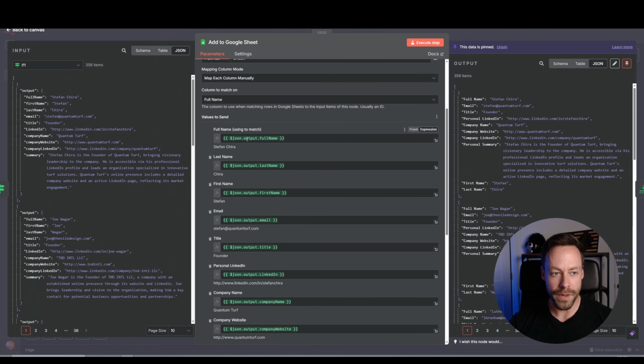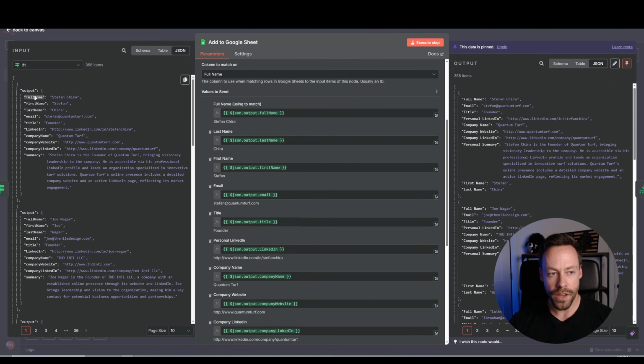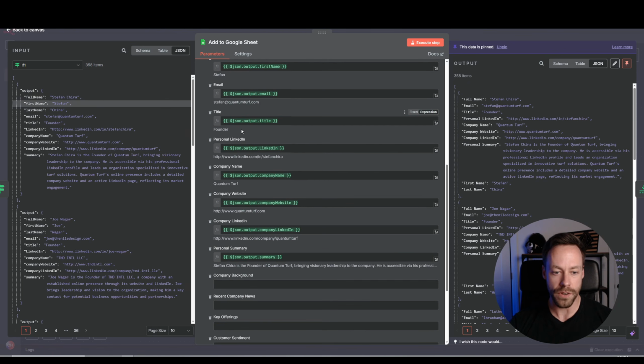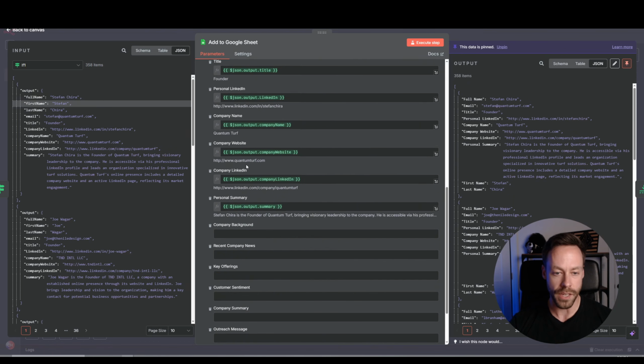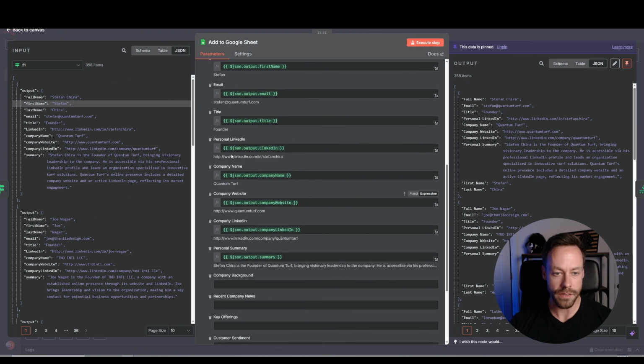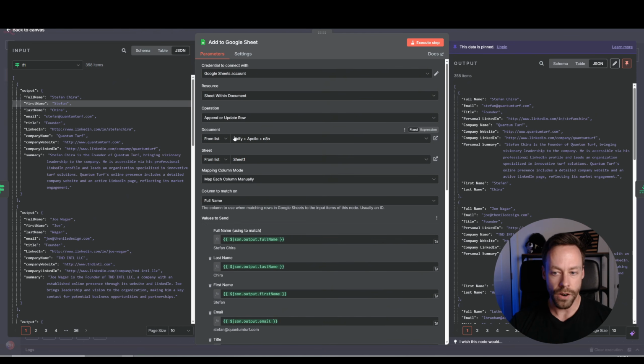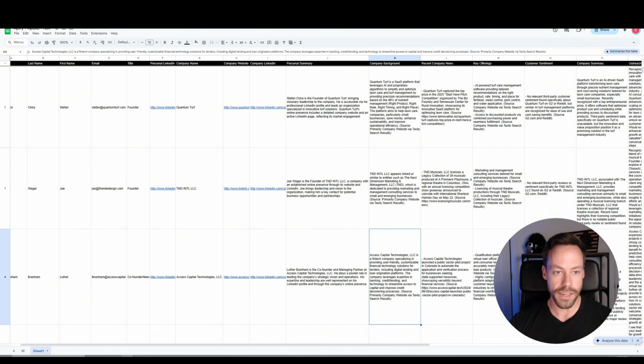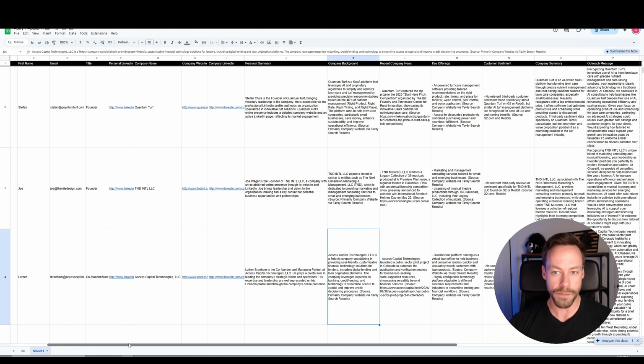So we're just mapping the stuff, right? Like I said before, in that output parser, we have a specific output just so we can do this, right? So I can very easily drag and drop stuff in the right place. And so we're pushing all that personal information that we care about and all the company info that we care about, right? Websites, URLs, titles, all that good stuff. It then gets sent here to our Google Sheet